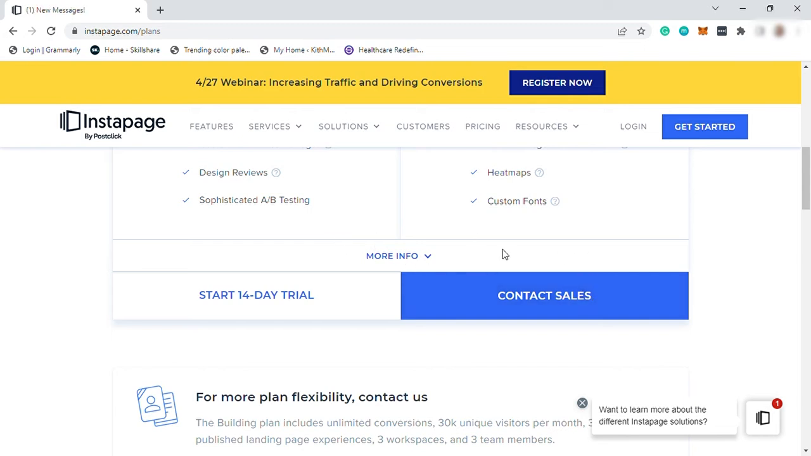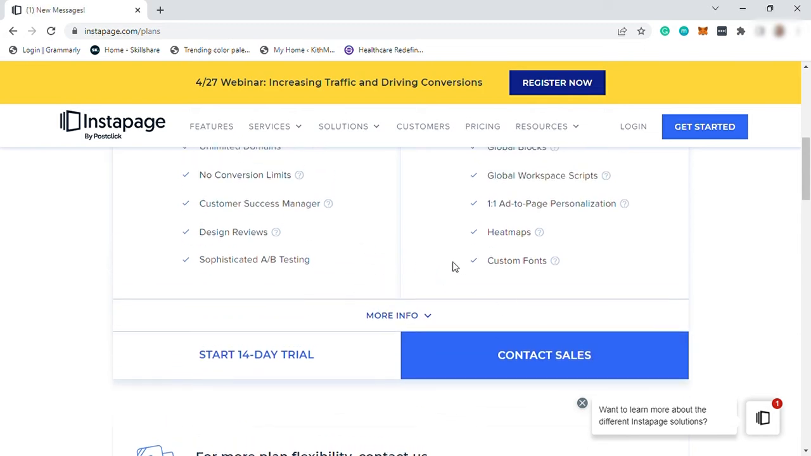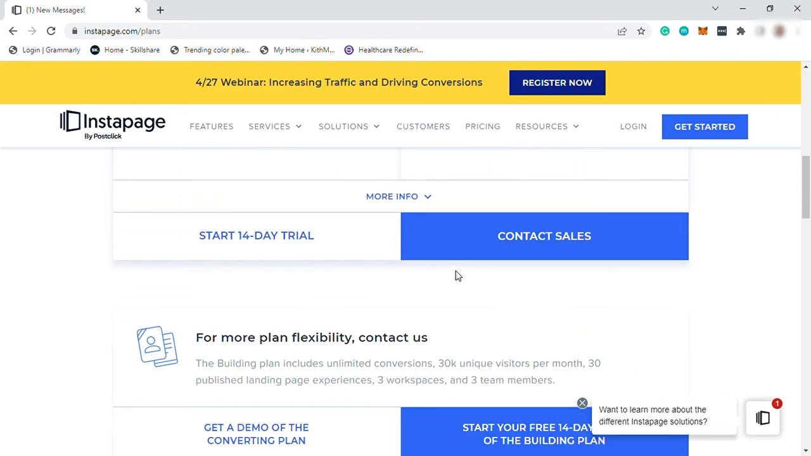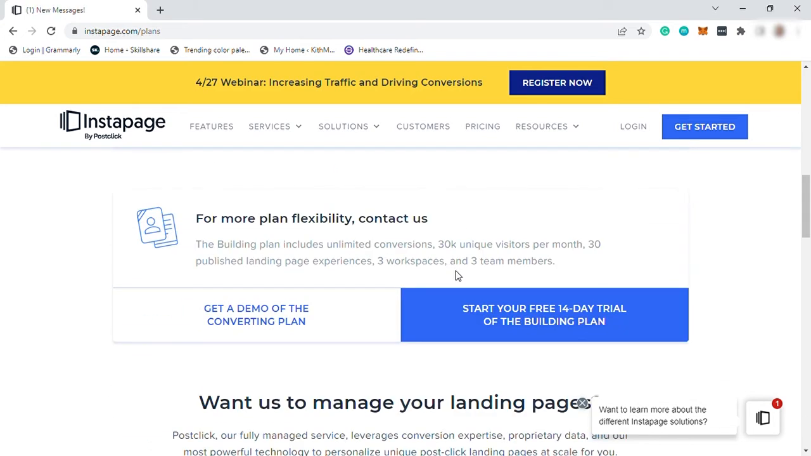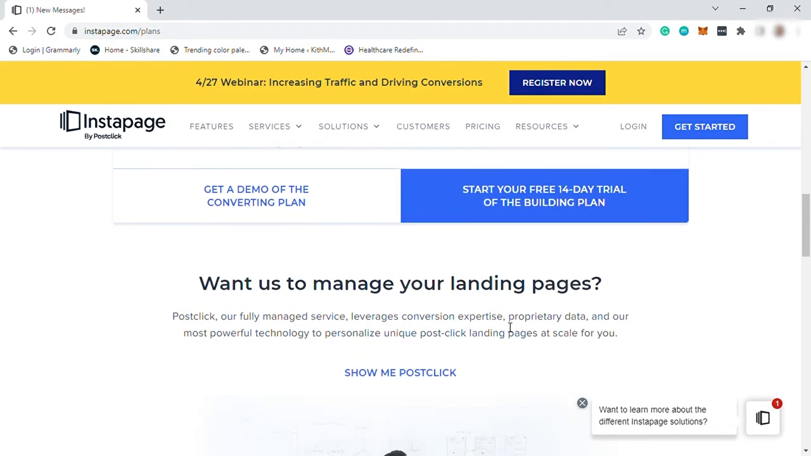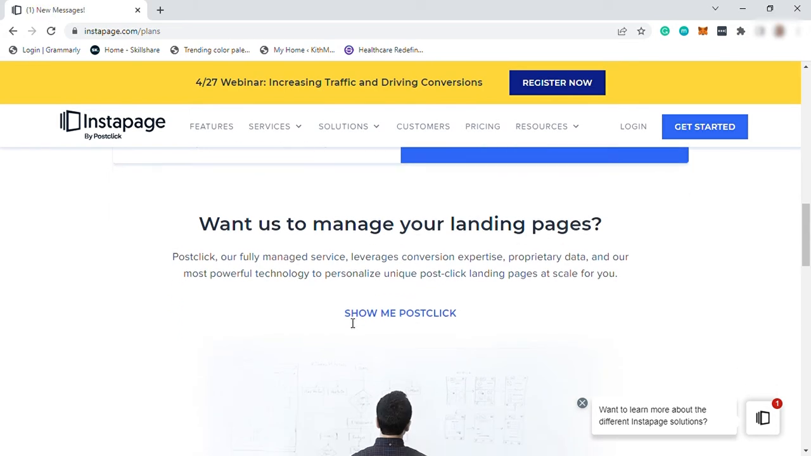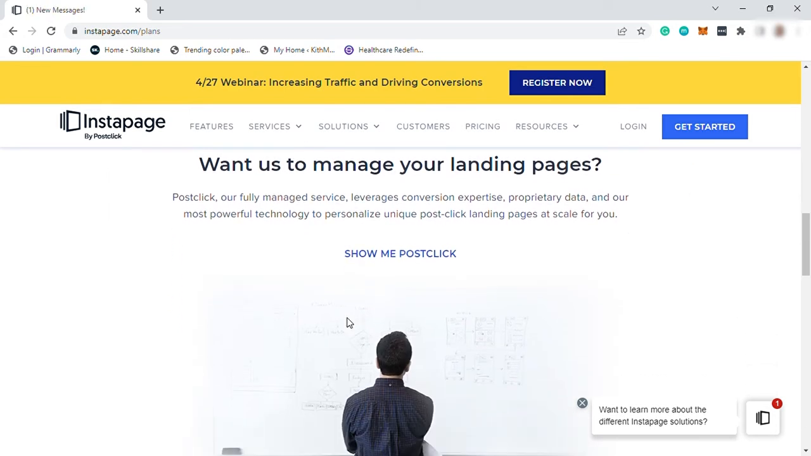So these are the plans here that you need to pay if you want to use this software. And before we go any further, let's first discuss what is a landing page and why is it important. The goal of a great landing page is to increase conversion rates in order to reach your marketing or business